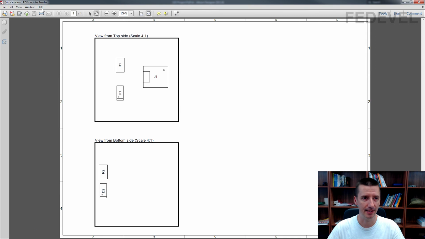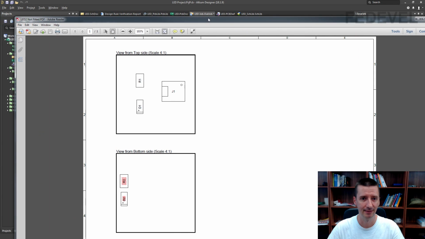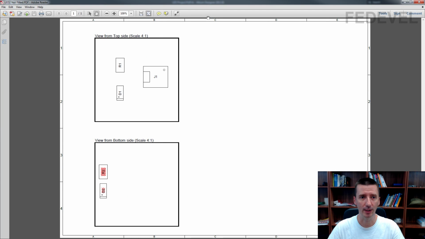This is the nice Draftsman document with our assembly drawing top and assembly drawing bottom view for no variant. Close this. Left click here, select Let to Not Fitted variant. Left click on Generate Content, and this is the second document. Here you can see the not fitted components are marked.